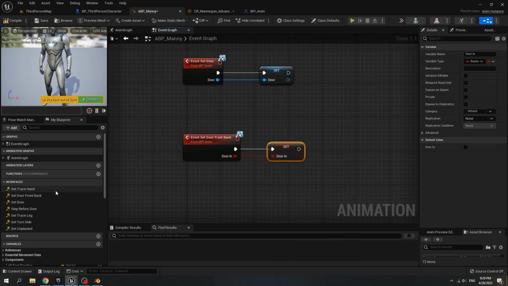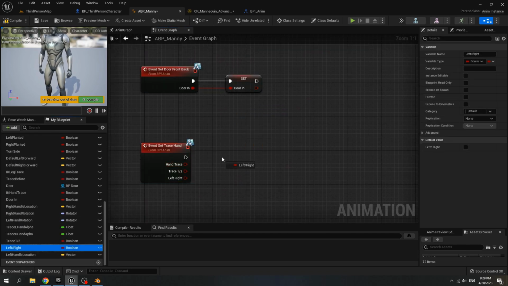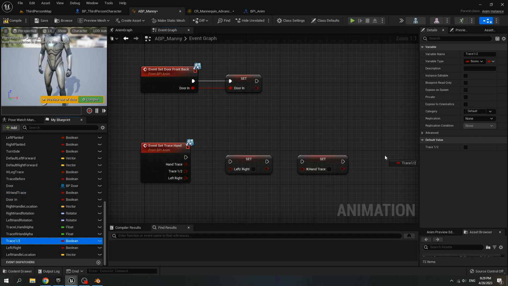Double click on set trace hand, then we set left right, set IK hand trace and set trace 1 2. Connect left right to left right variable, trace 1 2 to trace 1 2 and hand trace to IK hand trace.